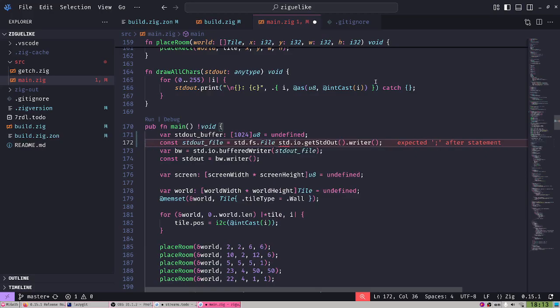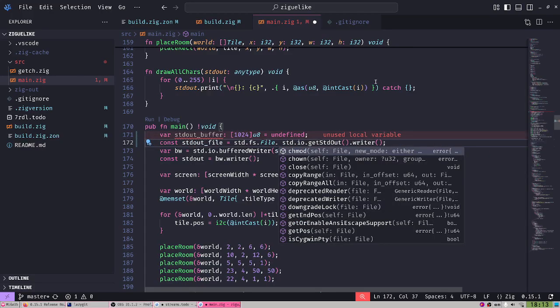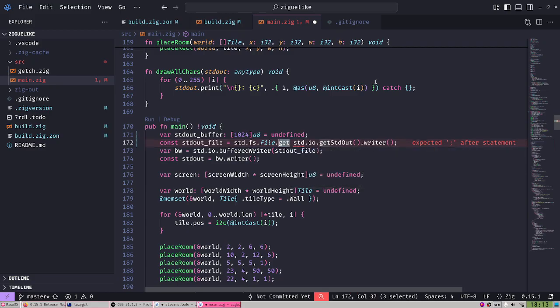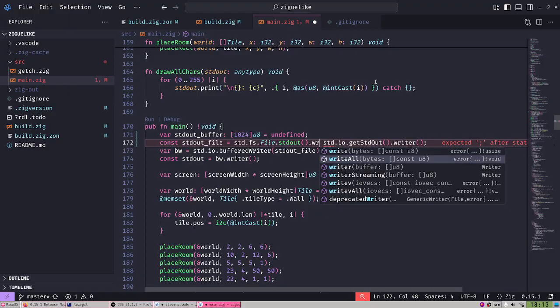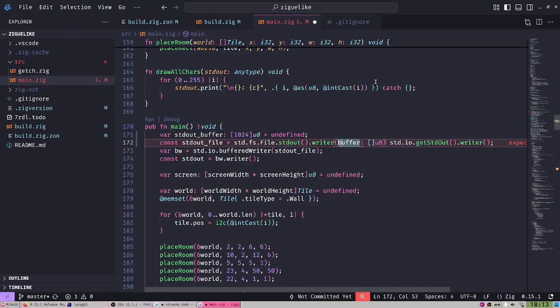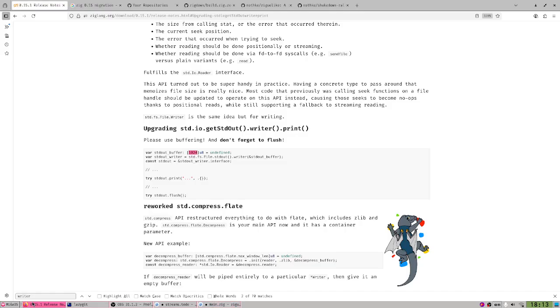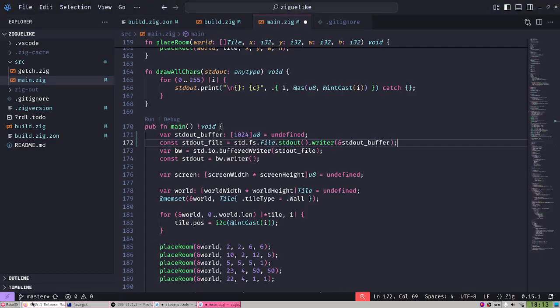File system file, and you say get, you say stdout, and there is a writer in here, and then you provide a buffer, which in my case is the stdout buffer, and of course we need to provide it as a slice. So there you go. And that should be it, except that this is the writer and not, yeah, and stdout is the interface.